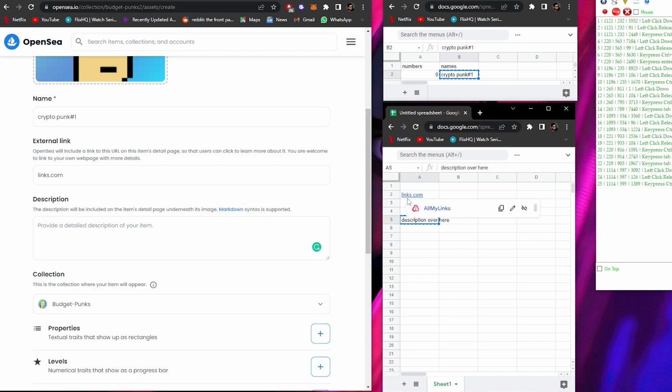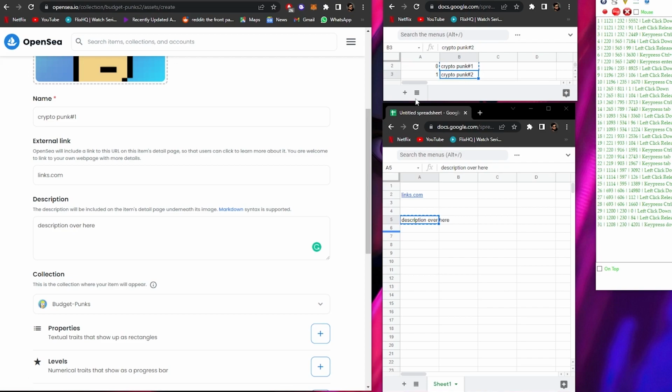I just basically added any link that I could find, and boom, there we go. Next, you're going to paste that description in the description box, and boom, there you go. Next thing, you're going to come back over here. You're going to click on this spreadsheet. You're going to press the down button so that it moves down,